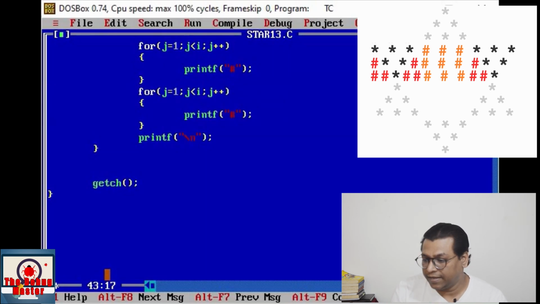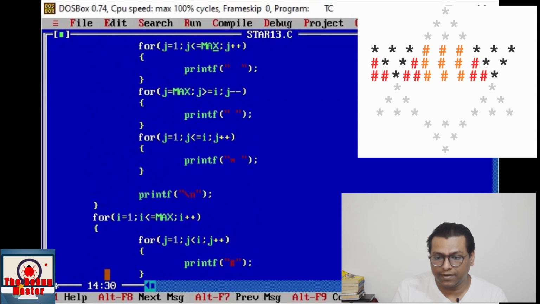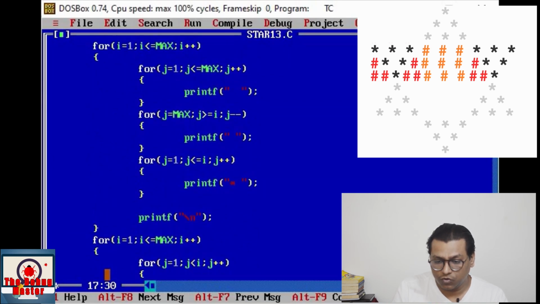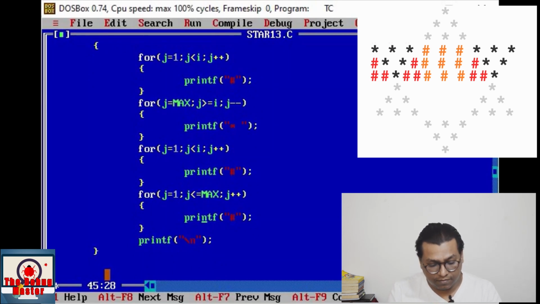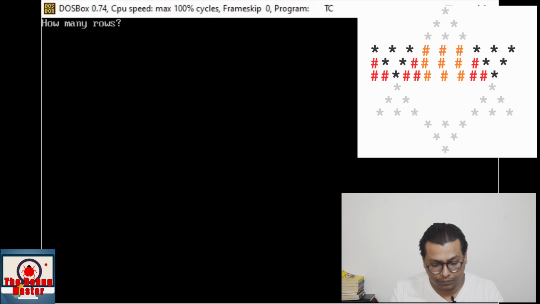See, it's again a square. So here we shall write j, the same pattern that we have printed over here. So here we shall write j is less than equal to max, j plus plus. See, save it and run it.